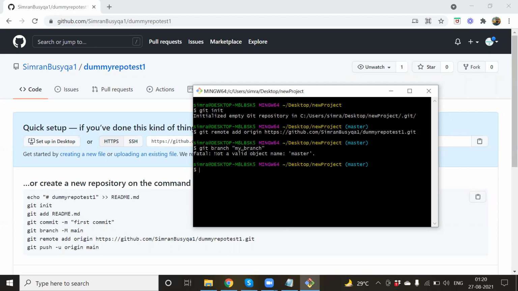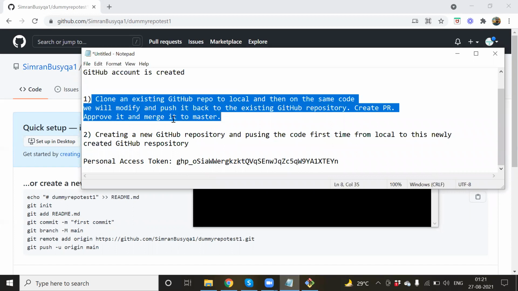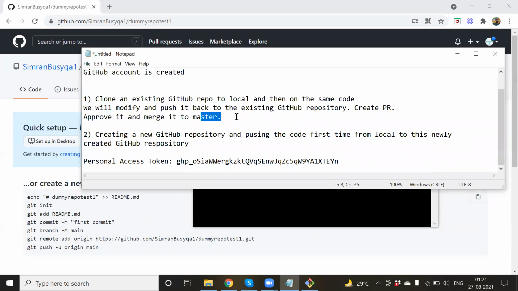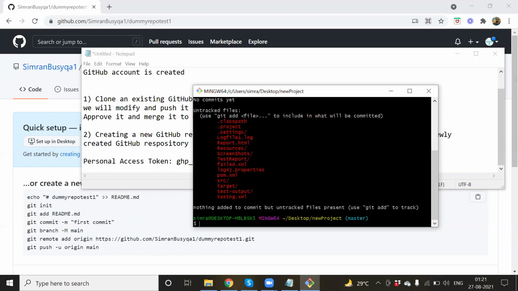Right now there is no master. It is saying not a valid object name master. There's no master itself actually. So first of all, we better add the things in the master, and then we will be able to come back to the same scenario, where we'll be able to clone the master and then create our branch. Okay, so this one is not a correct thing actually. There's a mistake there. I will just do these things on the master now.